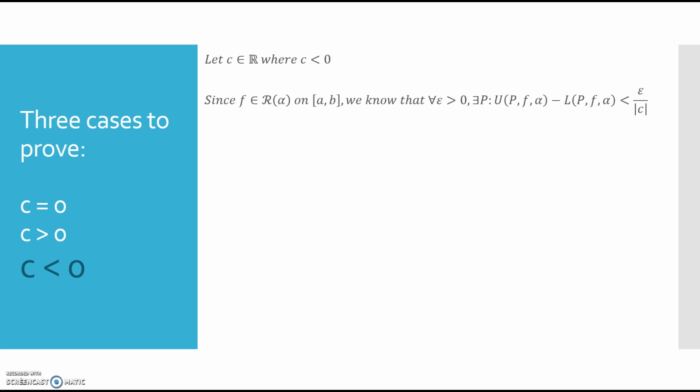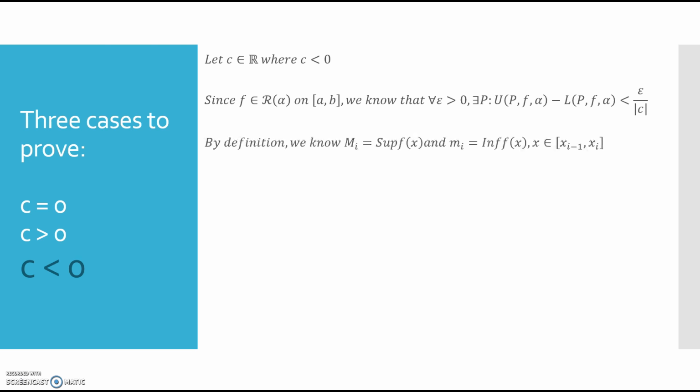So we're going to start with the same concept here. Since the function's integrable, we know that for all epsilon greater than 0, there must exist a partition such that the upper sum minus the lower sum of that function is less than epsilon over the absolute value of c. By doing this, we can still use this proof in its totality because the right-hand side of this inequality is